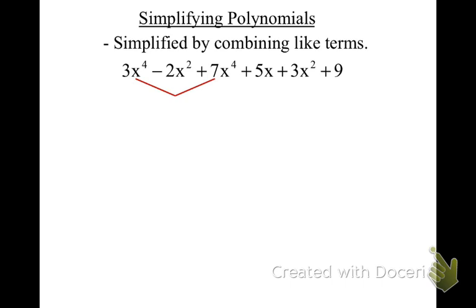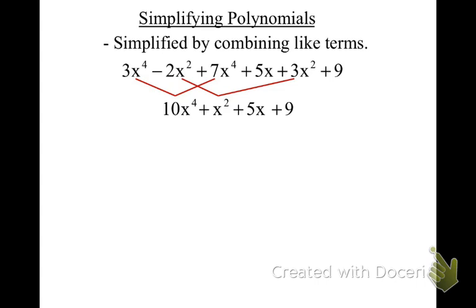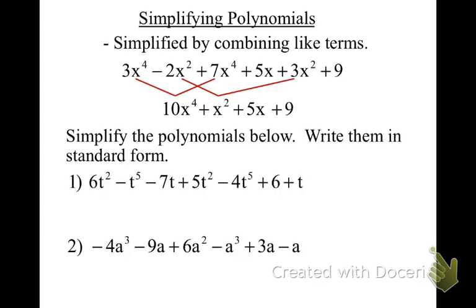When we're combining like terms, all we do really is add those coefficients. Putting how many x to the fourth together. So I have 3x to the fourth plus 7x to the fourth. That makes 10x to the fourth. Once I've used them, I generally try and cross them out. Now we've got negative 2x squared and positive 3x squared. That makes positive x squared. Cross them out. Then I have positive 5x and positive 9. Okay. So putting them in order of the exponents, combining them with their like terms. Remember, we only add the coefficients. So number 1,